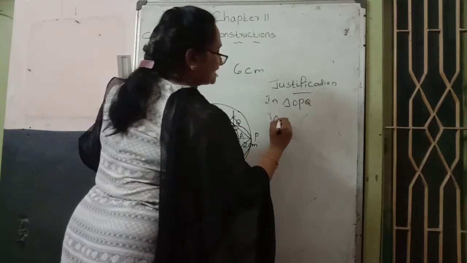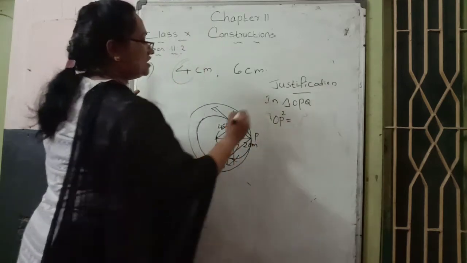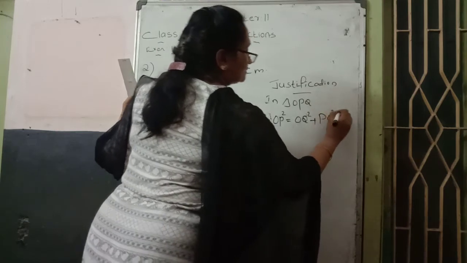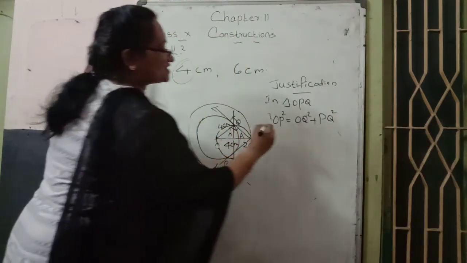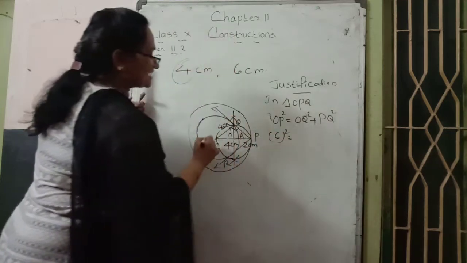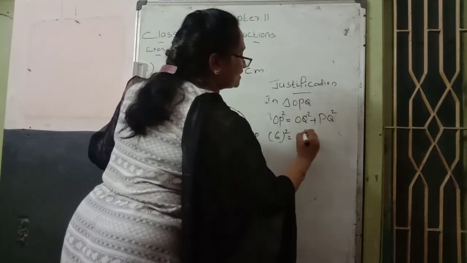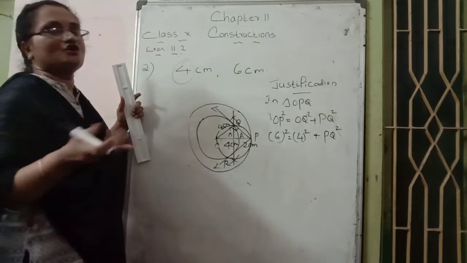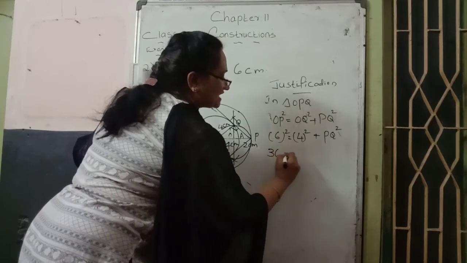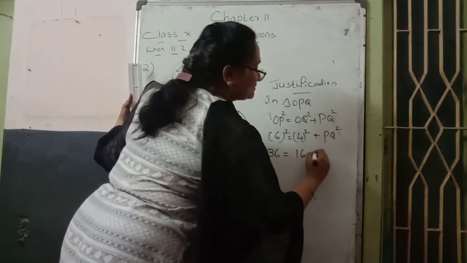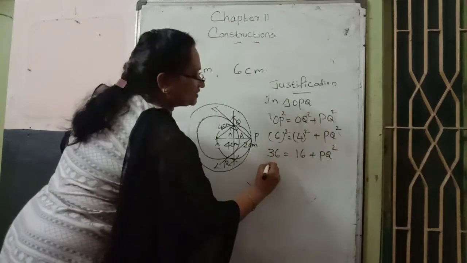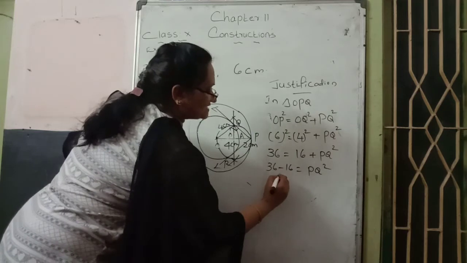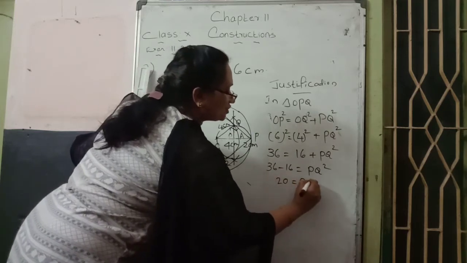OP is the hypotenuse. So hypotenuse square equals OQ, the altitude side, square plus PQ, the base side, square. OP distance 4 plus 2 becomes 6 square. That equals 4 square, the radius of the first circle, plus PQ square, the tangent of the first circle, that is the base, which we don't know and want to find. 6 square becomes 36, 4 square becomes 16 plus PQ square. Bringing 16 to the left side becomes minus 16 equals PQ square. So 36 minus 16 becomes how much? 20 is equal to PQ square.